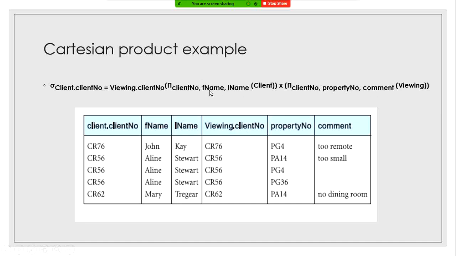This client number, F name and L name are from the client table, and this client number, property number and comment are from the viewing table. So this is how, when we want to retrieve information from two different tables, we apply Cartesian product.